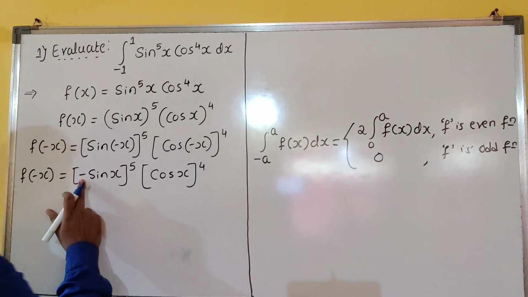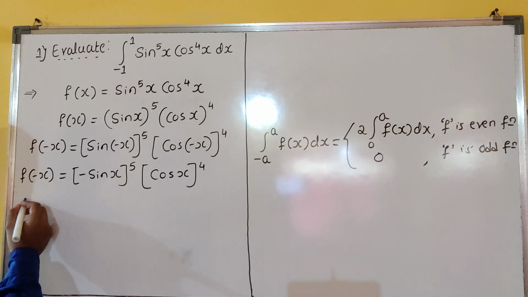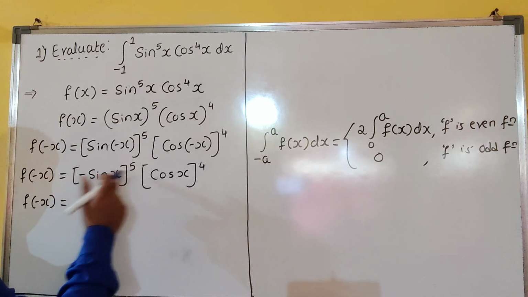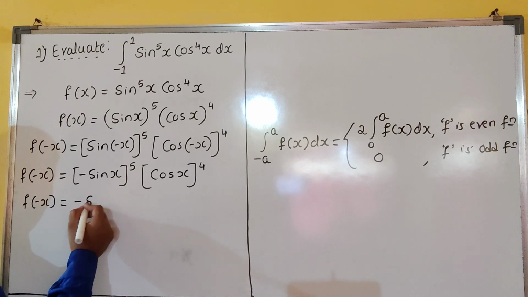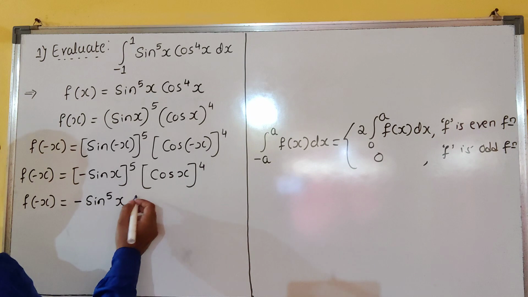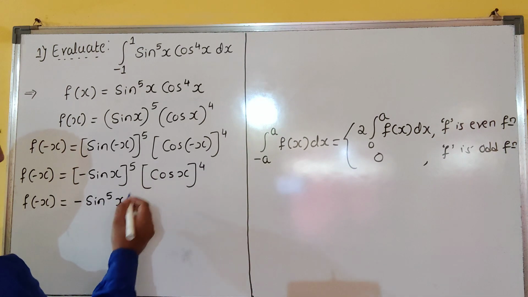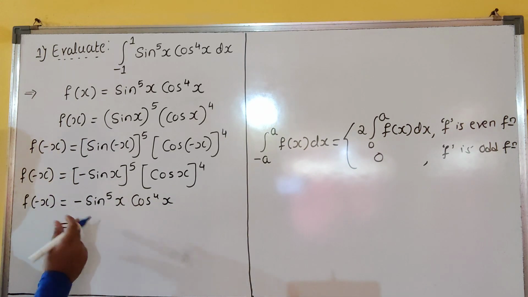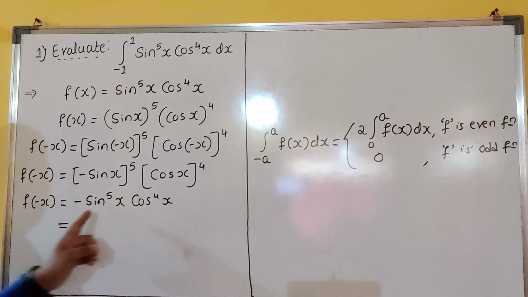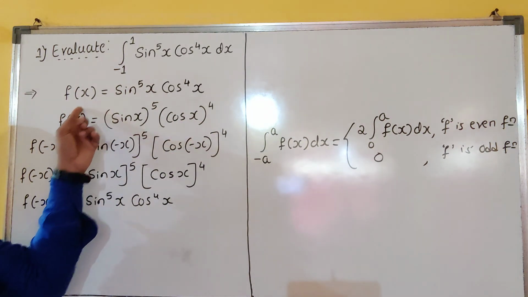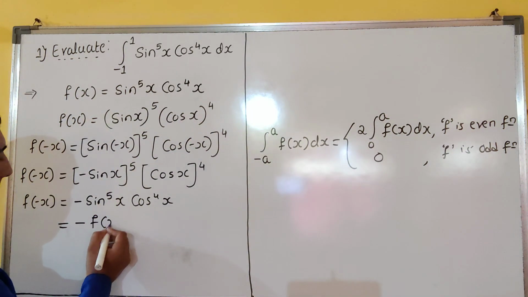So now minus sin x raised to 5. An odd power will give what? Negative answer only. Minus means minus only outcome. Minus sin raised to 5x. And this is even, and inside also positive only, cos raised to 4x. And this whole thing, minus sin raised to 5x cos raised to 4x, is what? f of x or not? f of x I can write.